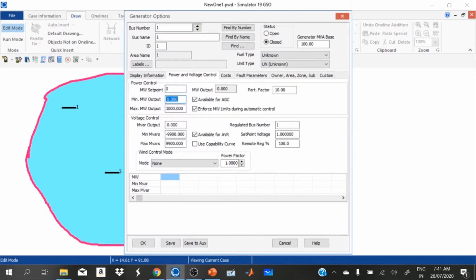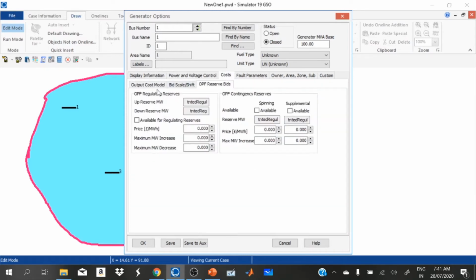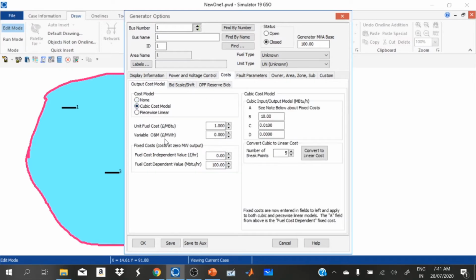The minimum power that can be generated by generator 1 is 150, maximum is 600. Cost, output cost model, cubic cost model, unit fuel cost is 2, ai is 561, bi 7.92, ci 0.001562.